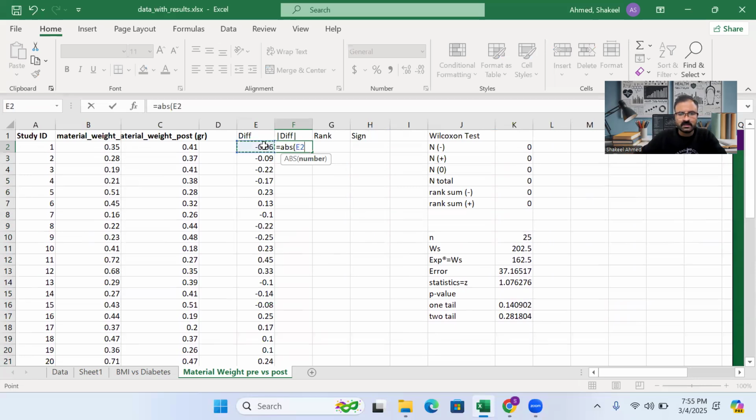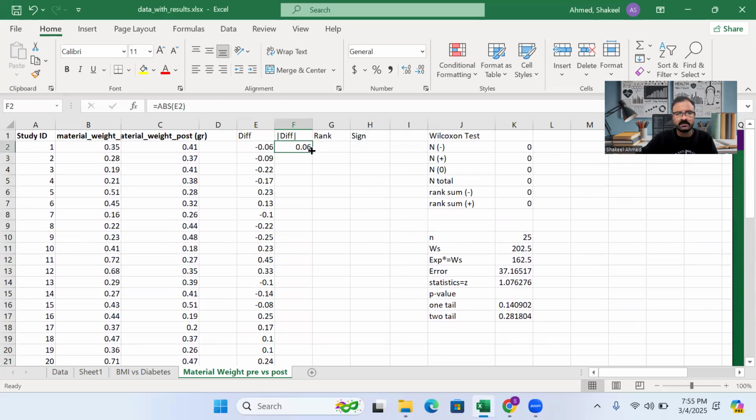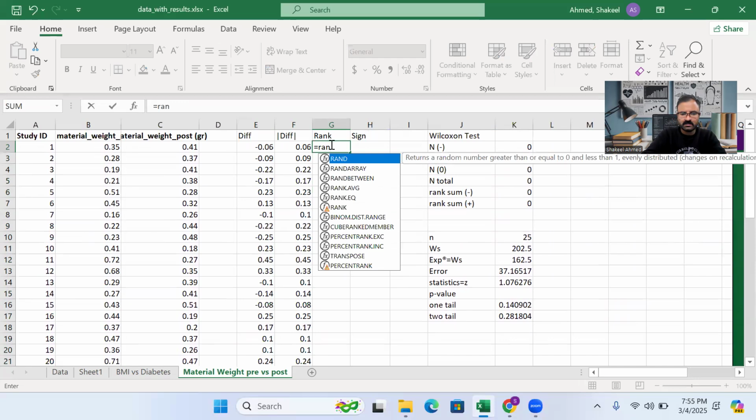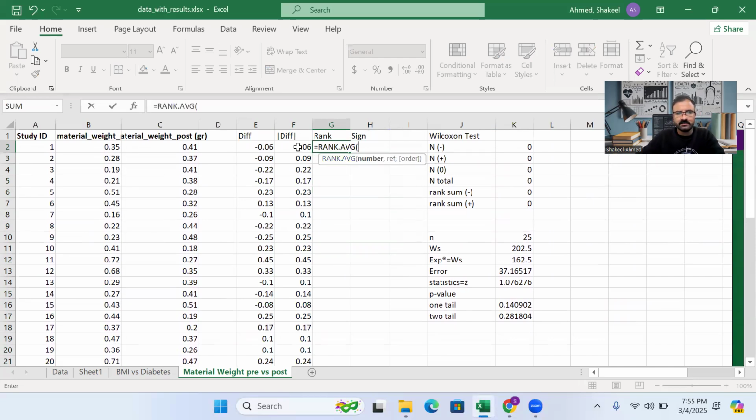Absolute of the differences, and you will get the absolute values, and then rank the absolute values again using the rank command, rank average,